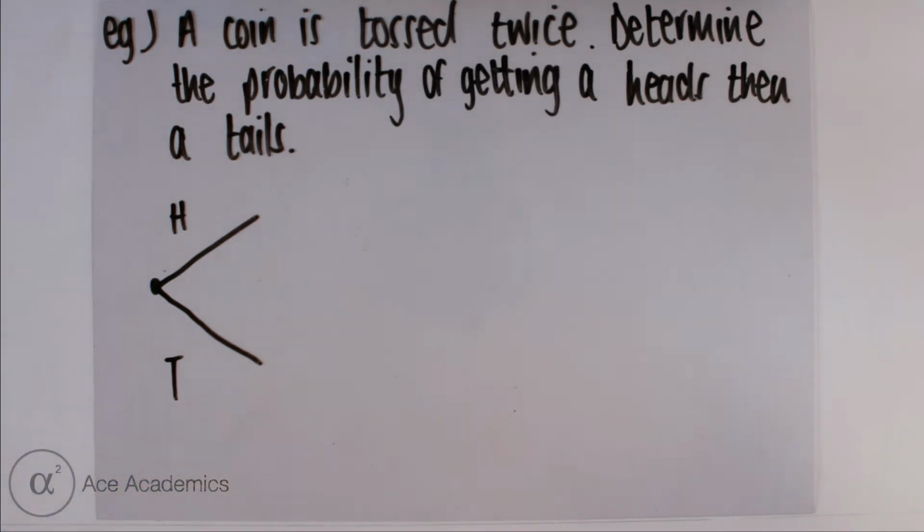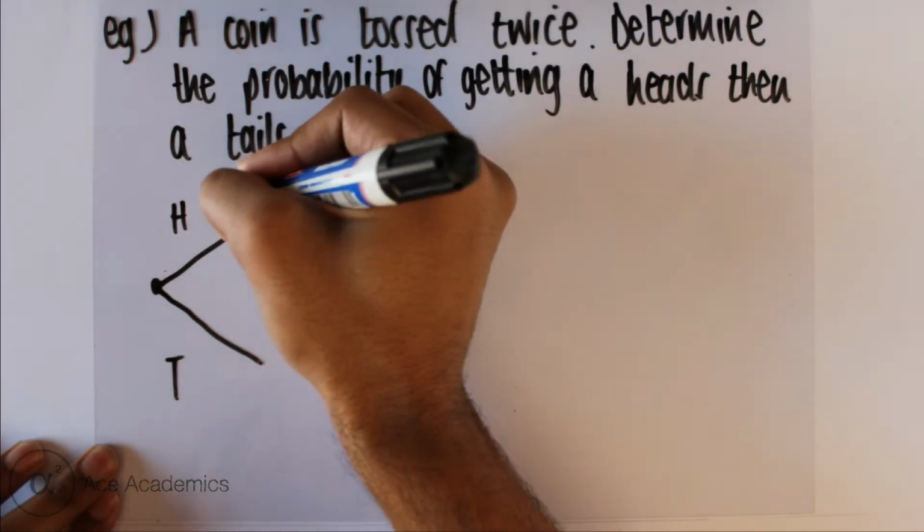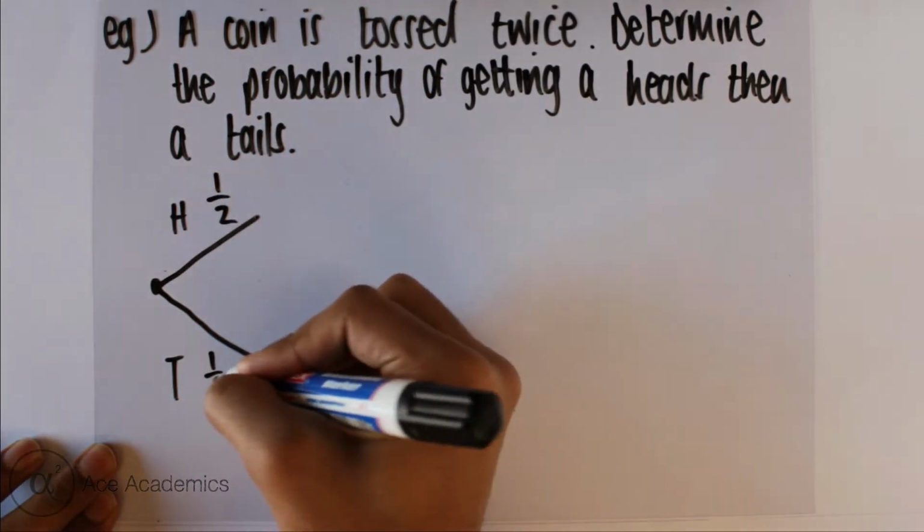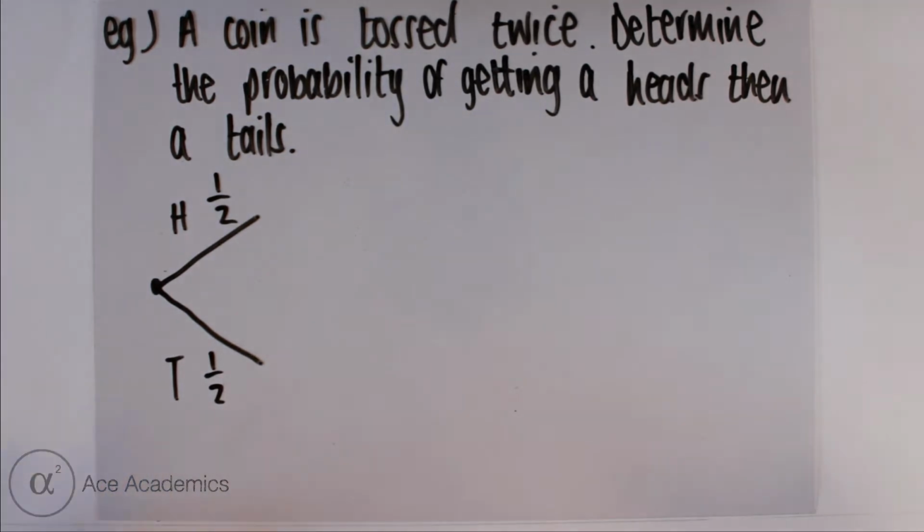Now we need to determine the probability of getting each one. To get the probability of getting a heads, it's simply 1 over 2, as there's one head and two sides. And the probability of getting a tails is 1 over 2 as well, because there's only one tails and a total number of two sides. Now for the second event,